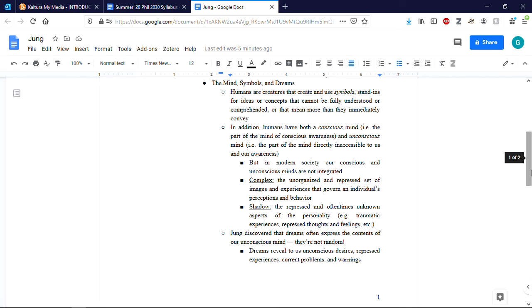You're all familiar with what symbols are. You use symbols every day, pretty much. But what sets mankind apart from other animals and other beings on Earth is that we create and use symbols, and it plays a very important role in how we see and interpret the world. One of the things that Jung is going to emphasize in this reading is that humans have a mind that has both conscious elements and unconscious elements. The conscious mind is the part of the mind that is involved with conscious awareness, all of the things that you're immediately aware of